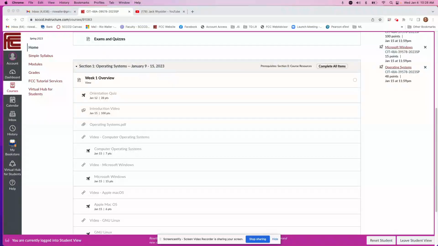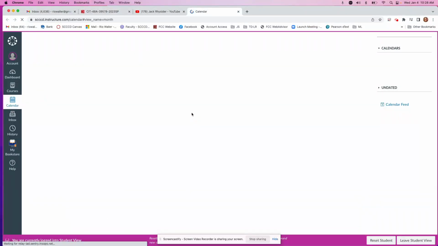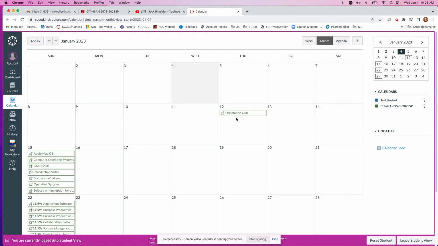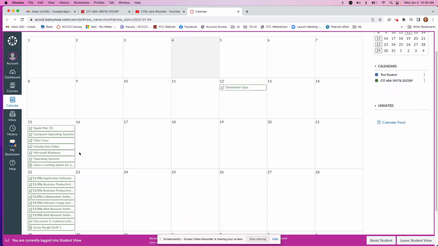If you ever want to, and this is a good thing to look at, open the calendar. I think the calendar is really helpful for classes in this case, and it shows you for the beginning of our first section, we start on the 9th, we end on the 15th. But it's really important to understand